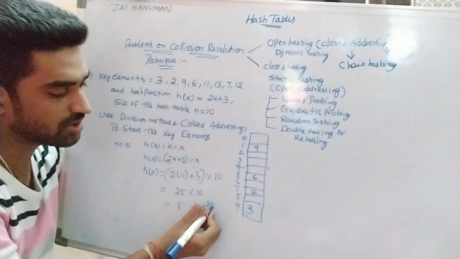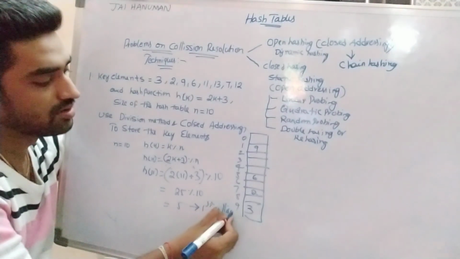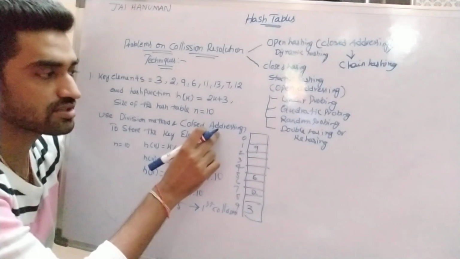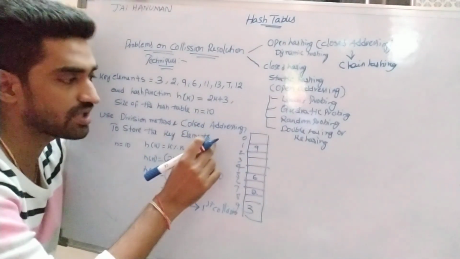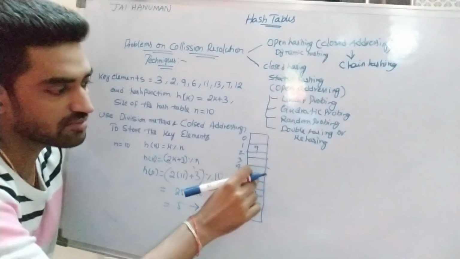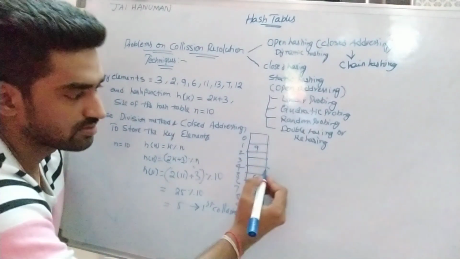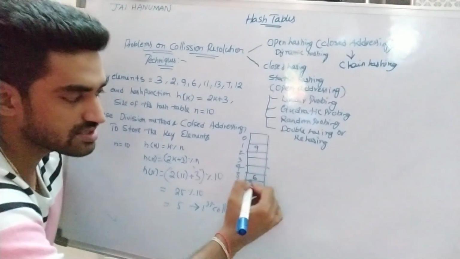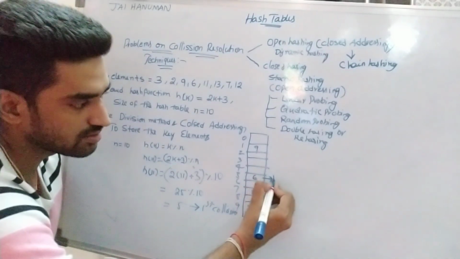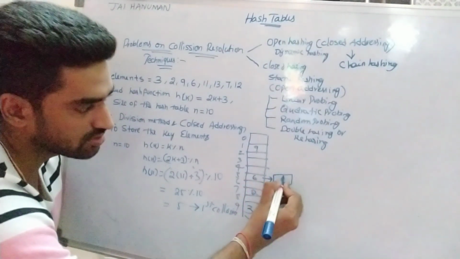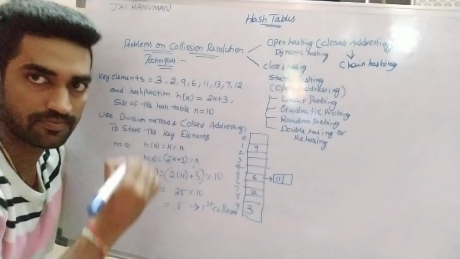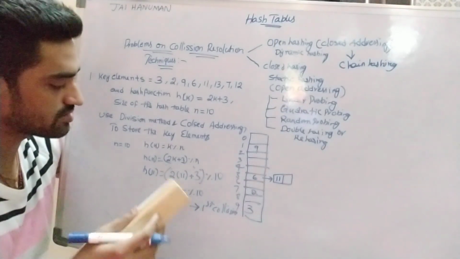So here in this problem we are using closed addressing mechanism. So closed addressing is nothing but open hashing. So to implement open hashing mechanism we are using linked list concept. So that's why at position 5 I am creating linked list. Why? Because 6th element is already occupied by 5th position. So that's why I am creating one node in linked list. So in that node I am placing key element 11. Right? So what is the next inserted key value?